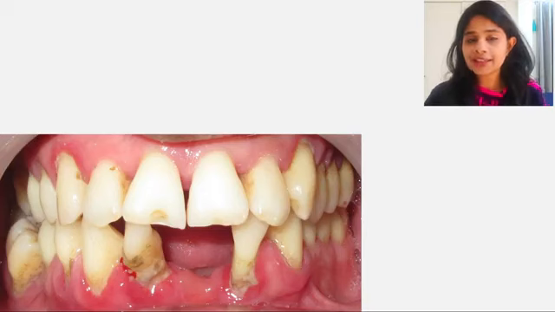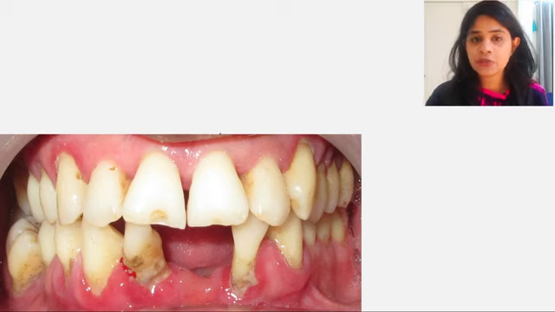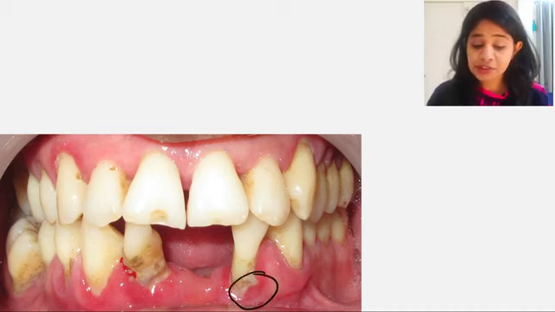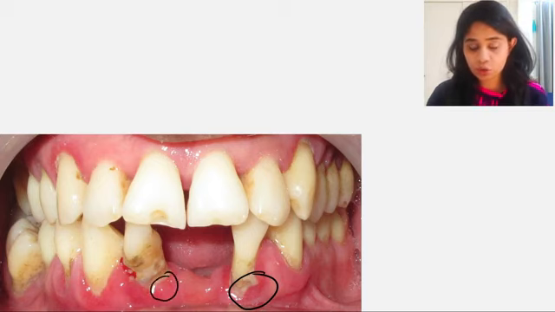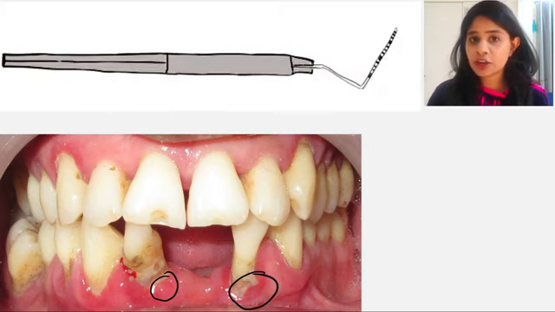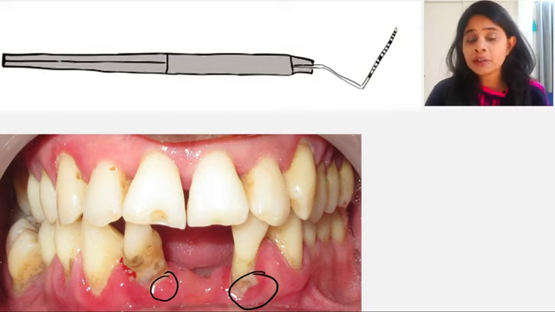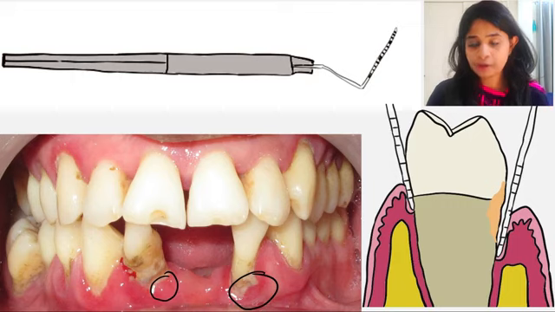So let's have a look at this intraoral clinical picture. This basically is a picture from a 55-year-old female, and if we closely observe the clinical signs and symptoms, the gingiva is erythematous. There is a lot of recession which is seen, so obviously there is underlying bone loss. There is tooth migration, and if we insert a periodontal probe into any of the sites, then we expect that the probe will go deep into what is called a periodontal pocket.